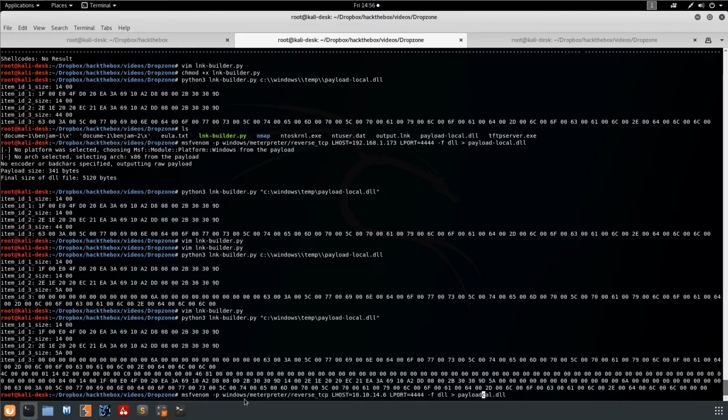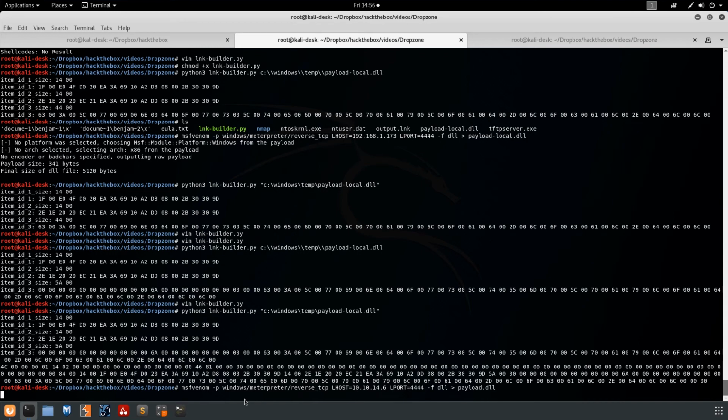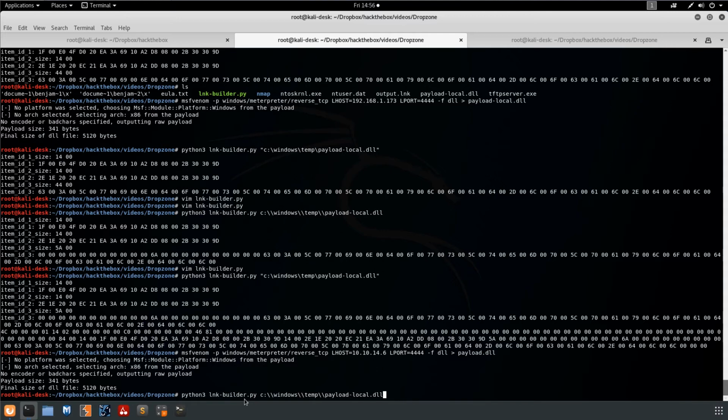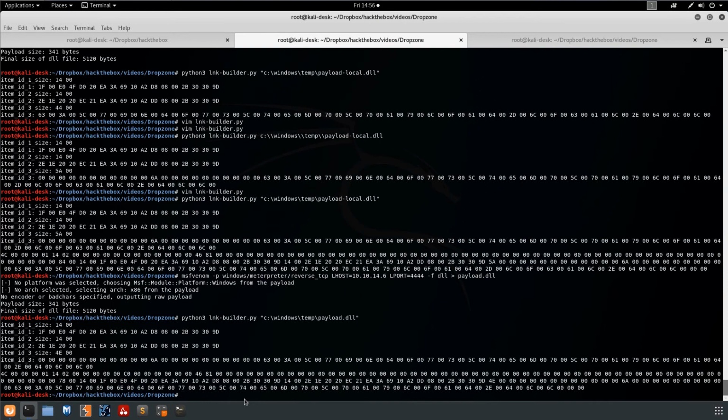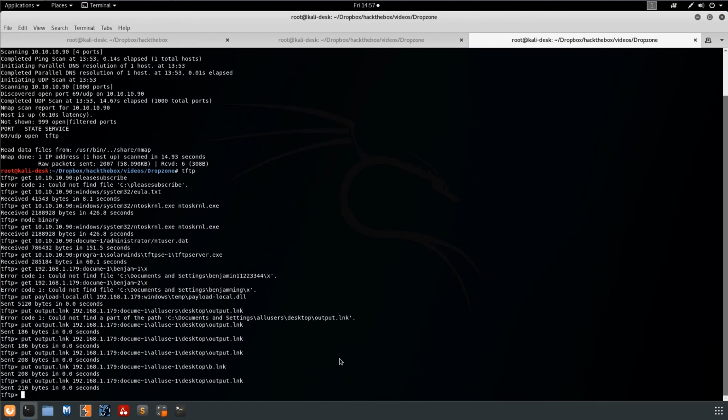And we'll just call this one payload.dll. Which means our output file will also need to be regenerated now, to just use payload.dll. So now we should be ready to do it on the real box. So we do put payload.dll to 10.10.10.90, Windows temp payload.dll,